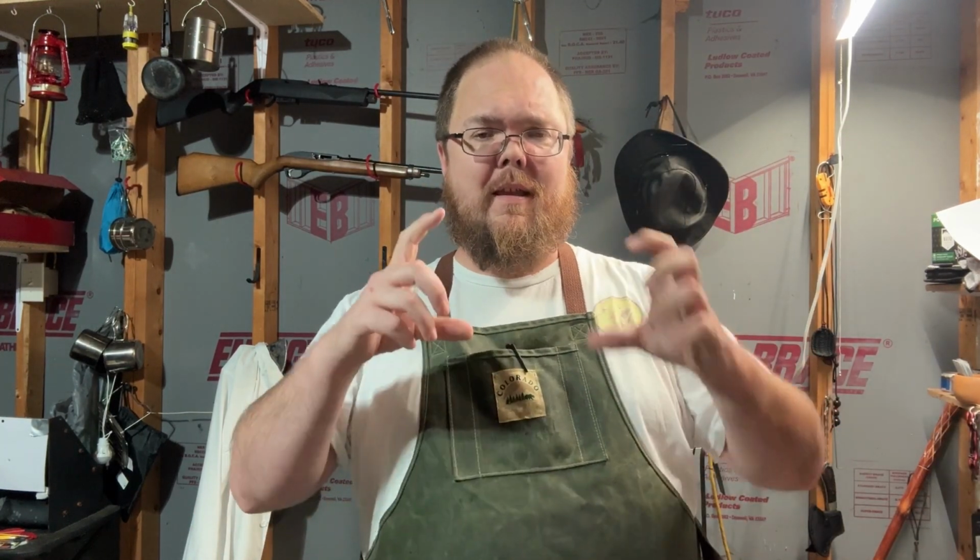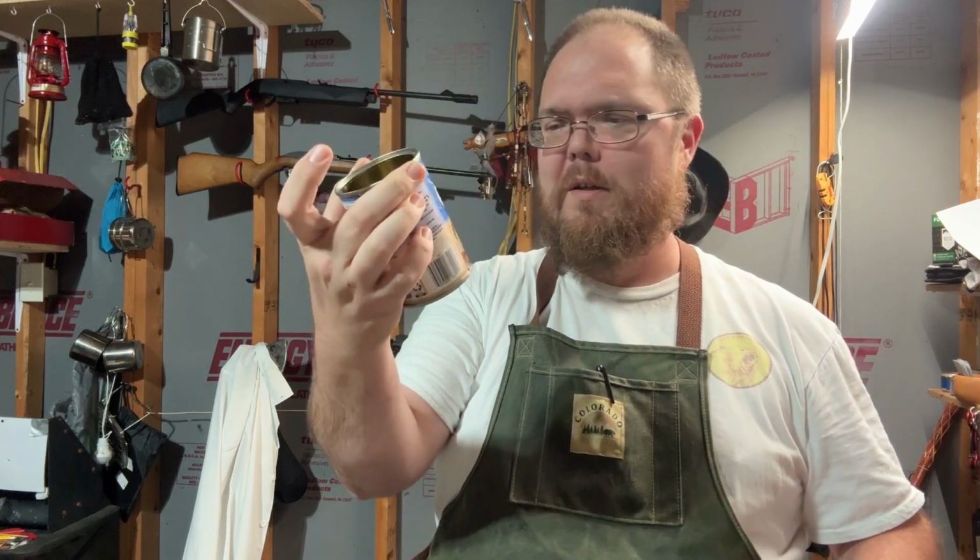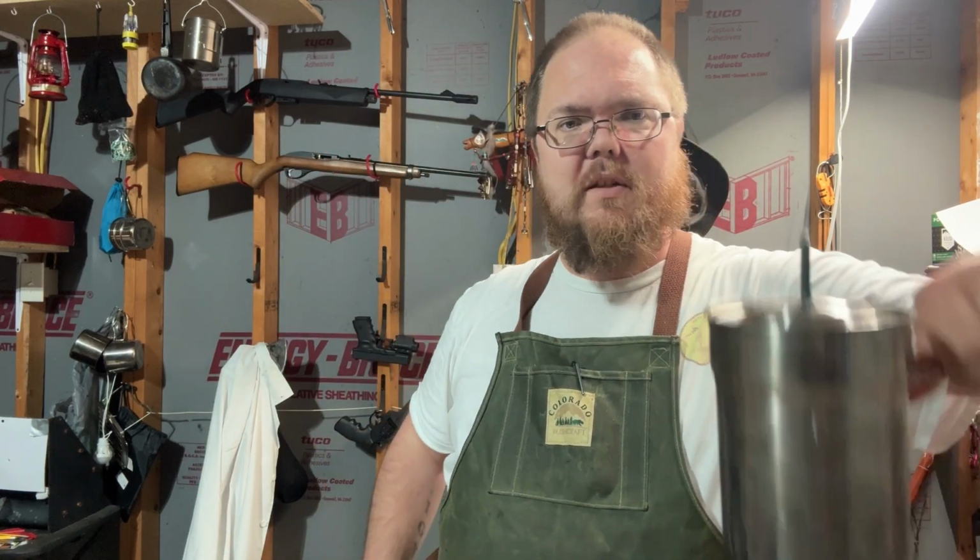Quick note, the normal metal camp cans that I use are not big enough for this kind of condensed soup. That would have been 21 ounces. So I'm busting out the Stanley 2-cup. Here we go. All right, now,